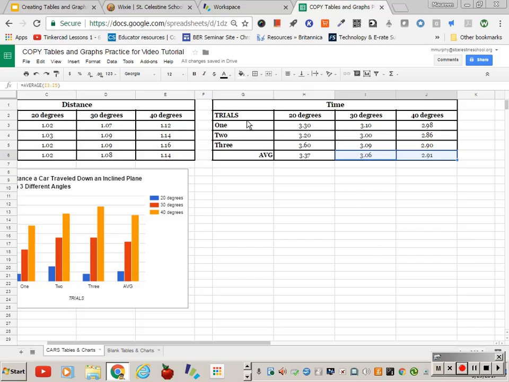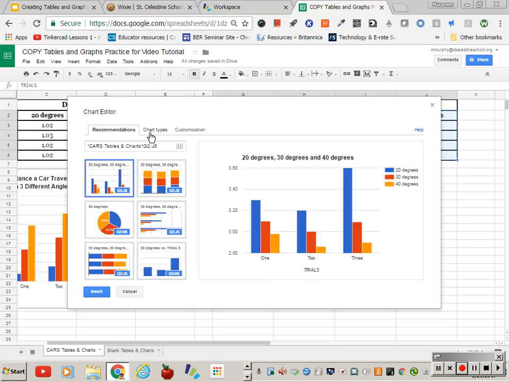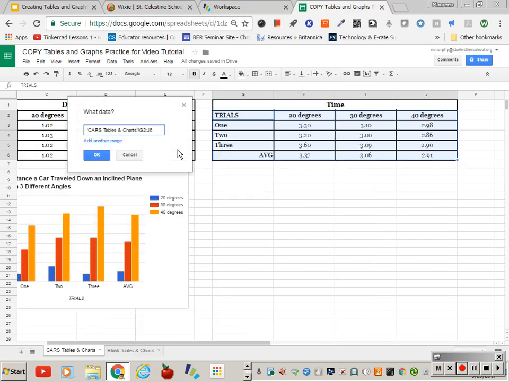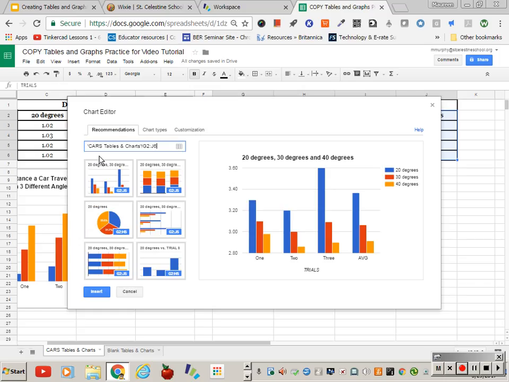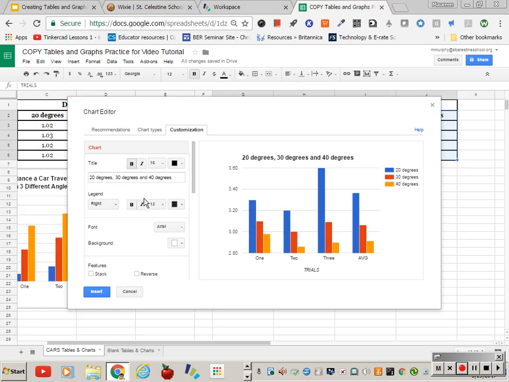So we do the same thing we did before. We just go like this. We go to the chart. We just go through chart types, which we have to do this. Remember to go here and say, okay, so we get the average. Chart types we can leave alone. Customization is